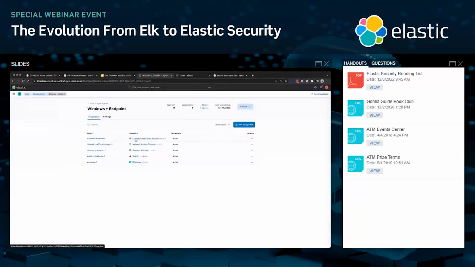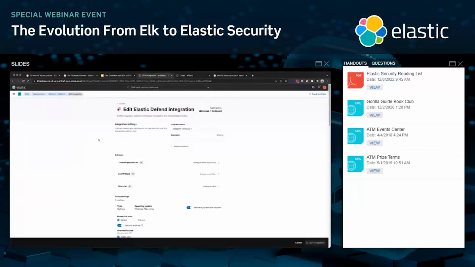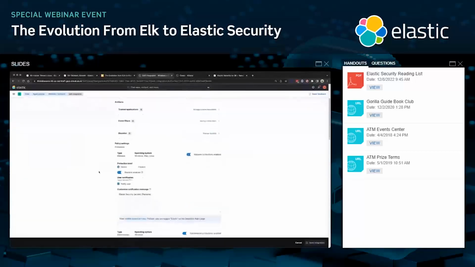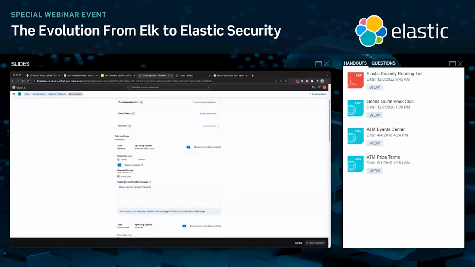integration is living alongside a number of my other integrations, but what does that actually mean? Let's click in on this actual endpoint policy and see what it is that we're protecting on the endpoint, that we are preventing fully autonomously, disconnected from the Elastic mothership. Even if you didn't buy hotel internet that night, this stuff will work with no loss of efficacy.